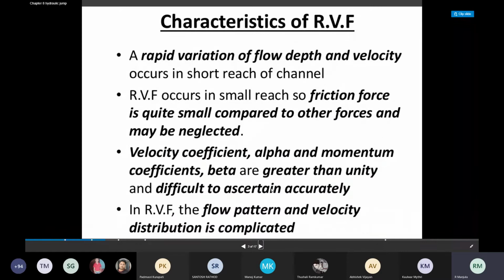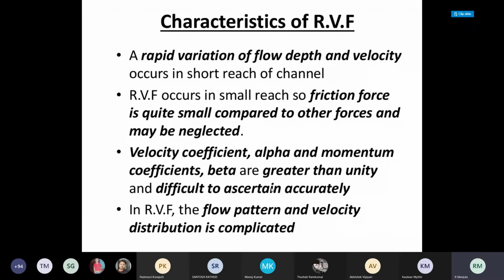Then what are the characteristics of rapidly varied flow? If you are talking about rapidly varied flow, this will be occurring over a small reach. In the sense, the length of the channel will be very much less. So over a short length of channel, it happens. And hence, the frictional force is very small compared to other forces. So compared to other forces, frictional forces may be neglected because it is occurring over a short length of the